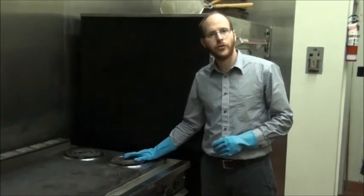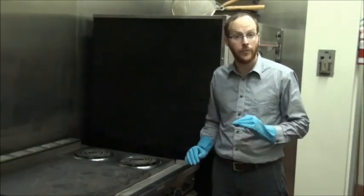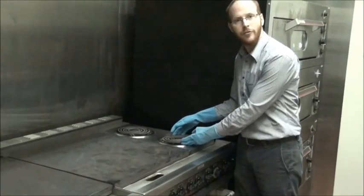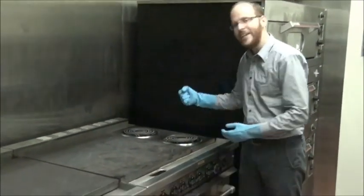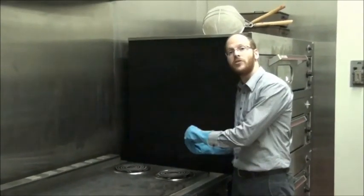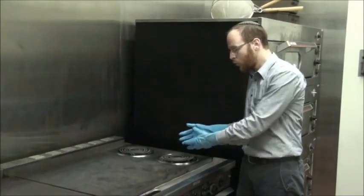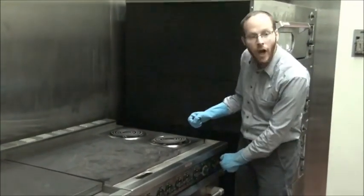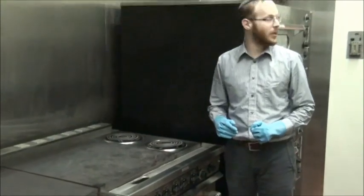Koshering the burners for Passover is a little bit tricky. The reason is that we have the element itself, which gets really hot, and the same way that it absorbs the taste, it can also be taken out. So you just clean it, turn it to the highest level, and leave it for 30 minutes. But